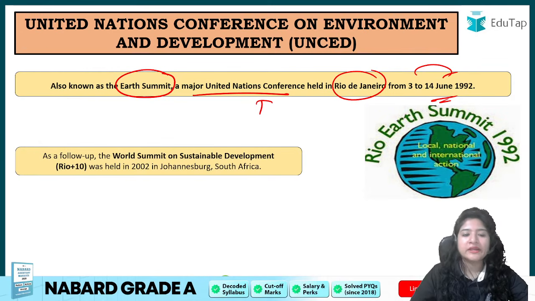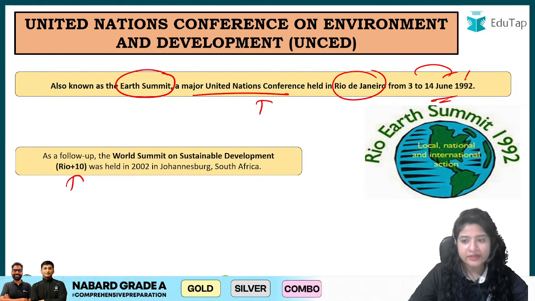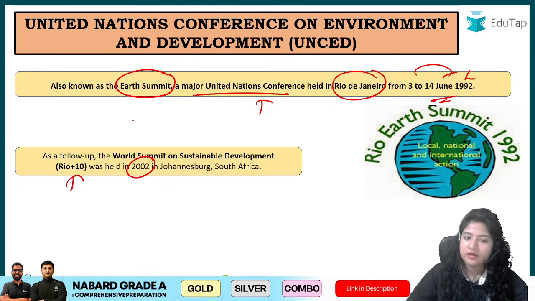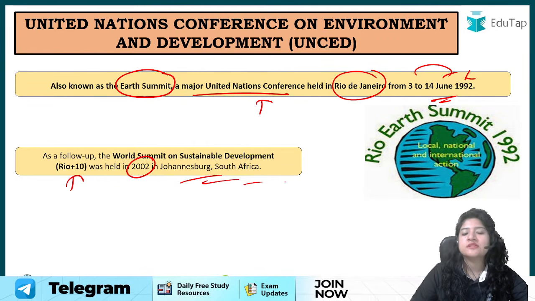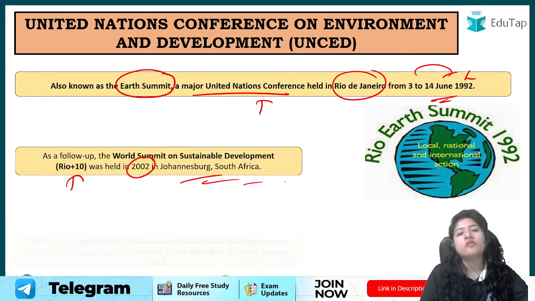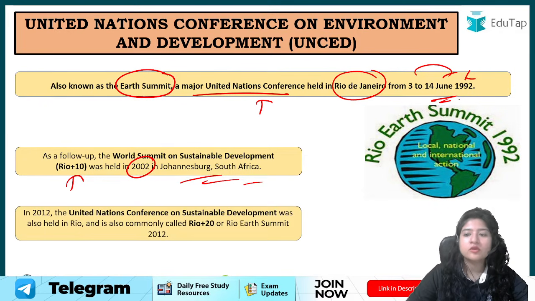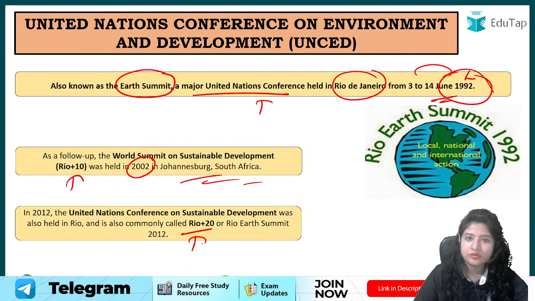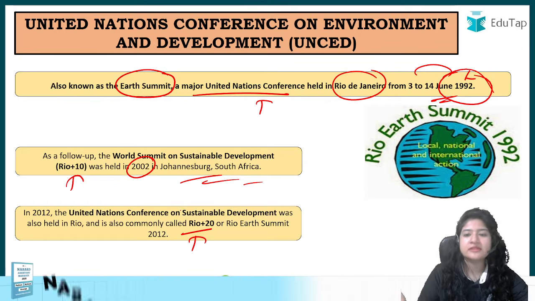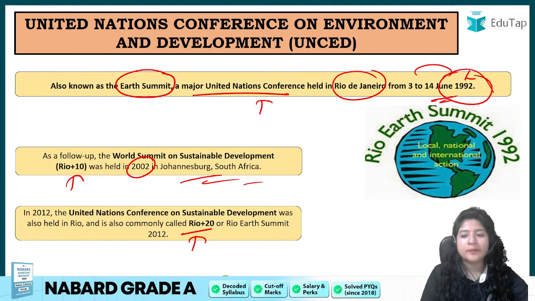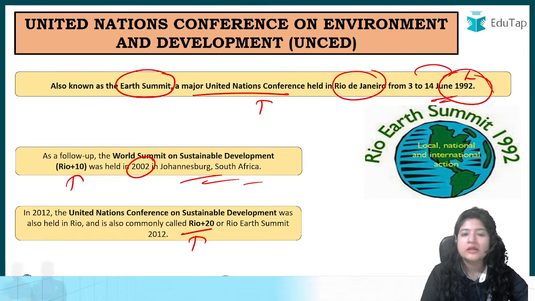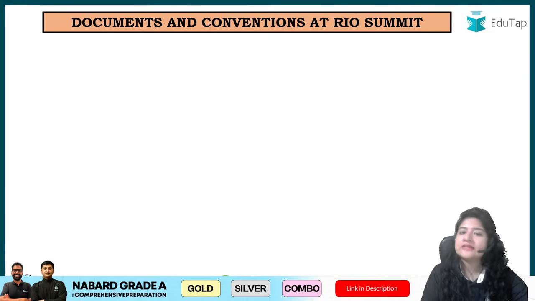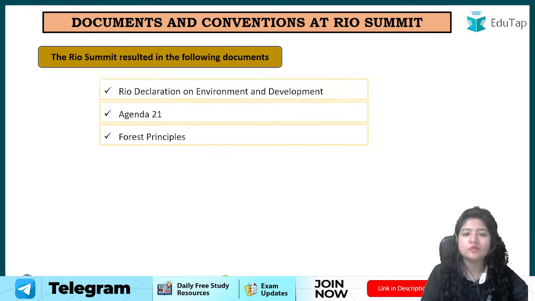Then there was a follow-up meeting that happened 10 years after 1992, so that was in 2002. ये आपकी हुई थी जोहान्सबर्ग, साउथ अफ्रीका में, ठीक है। उसका एक और फॉलो अप हुआ, that was 20 years from the original. इसको Rio+20 भी इसलिए बोलते हैं because it happened after 20 years from the original summit, ठीक है। तो ये 3 बार इसके फॉलो अप मेजरली हुए थे, जहाँ पे you know what are the current situation, present scenarios that are related to the initial conference, उन सब में डिस्कशन होता है, ठीक है।